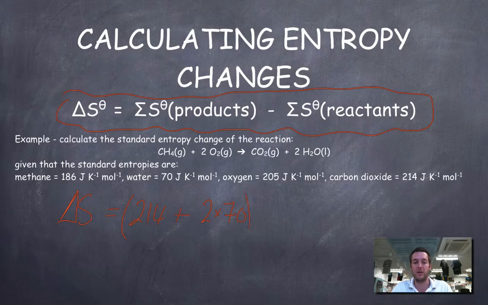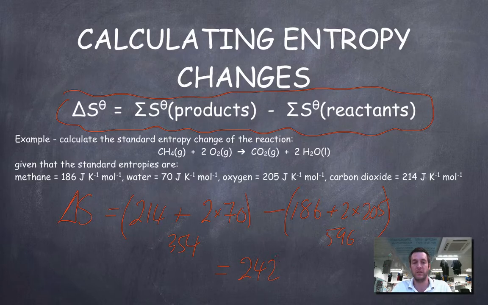If you add that lot up, it's 354. And then take away the 186 of the methane and the 2 oxygens, 2 times 205, so that's 410, 596, and we end up with a negative number of